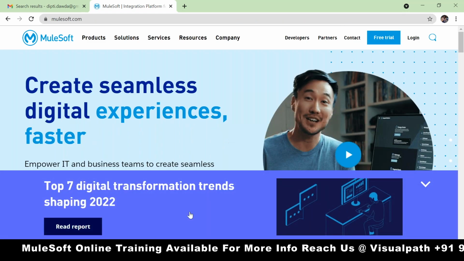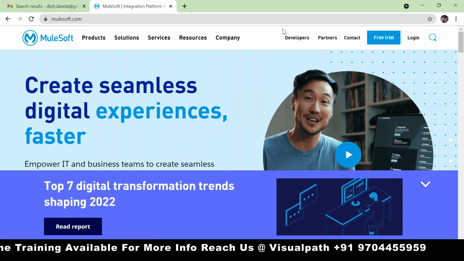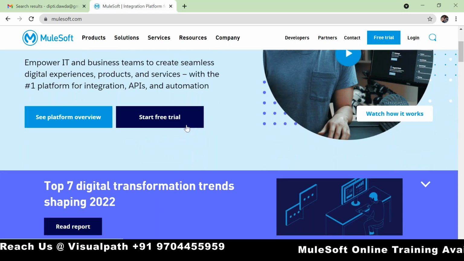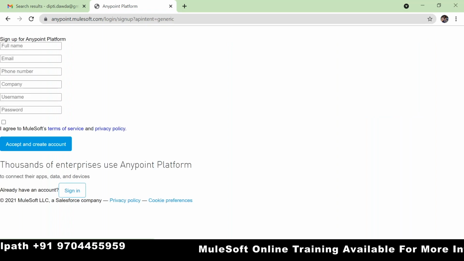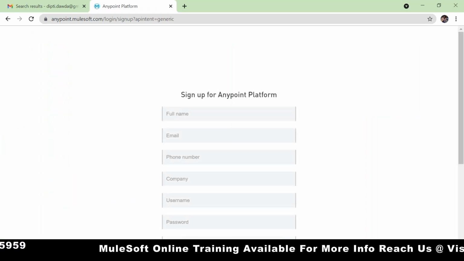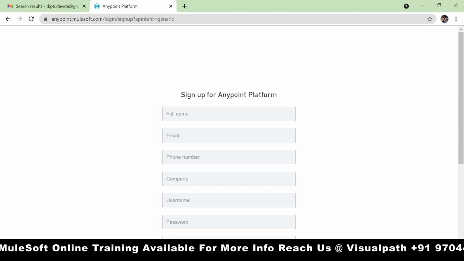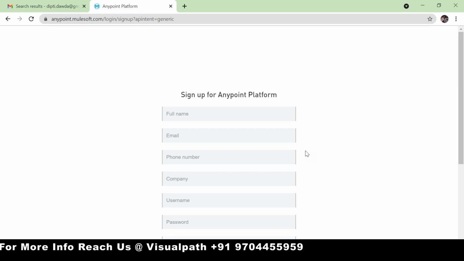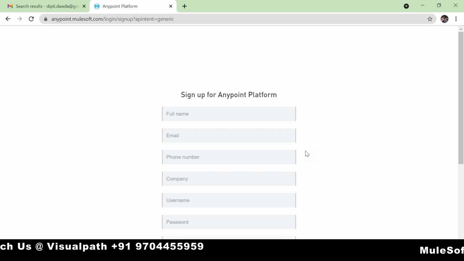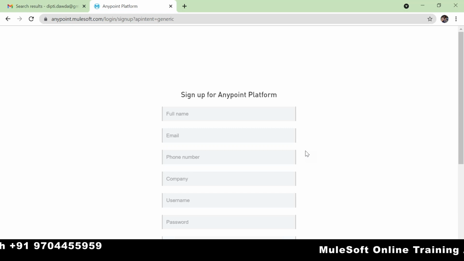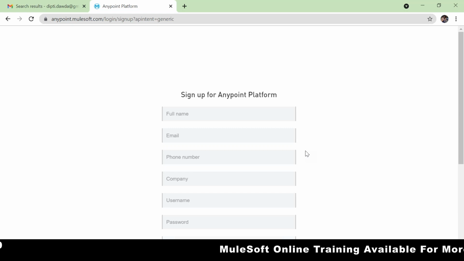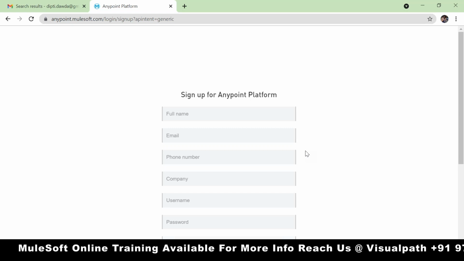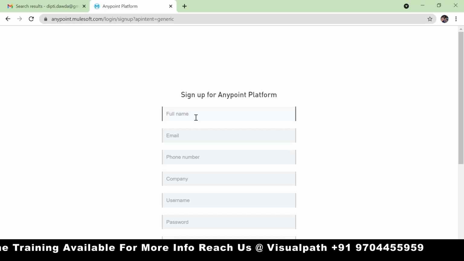So team, this free trial is a kind of an enterprise. You don't need to worry about it expiring or something being wrong like that. A free trial means free trial, and it is going to be available for you for learning purposes. If you want to sell the service to somebody else, or whoever is deploying their applications in the production environment, that time they have to take the license. Now you can go ahead and sign up, each and everything.